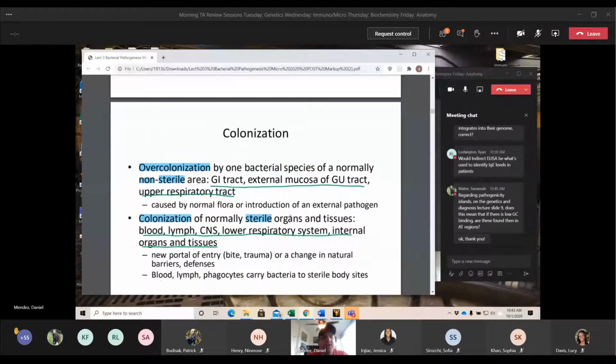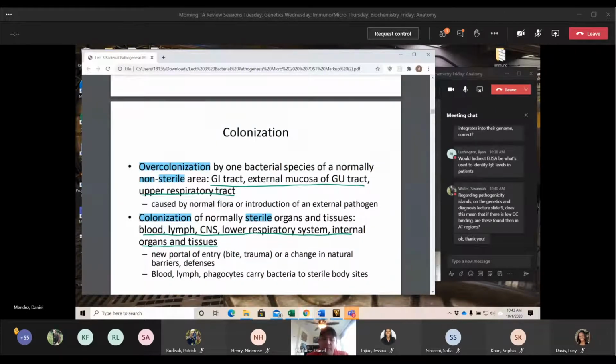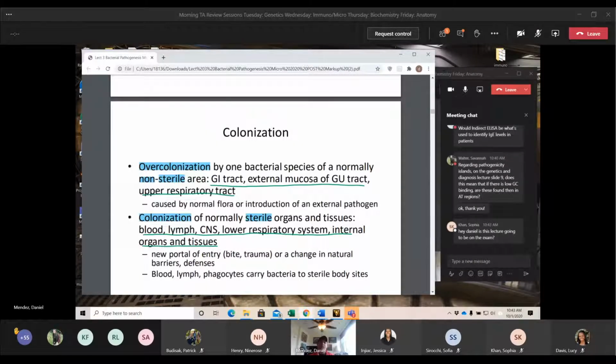So colonization. Colonization is just the growth of that bacteria. So we have two terms that we refer to. Over-colonization, which that term implies that there already is a colony there. With that colony there,